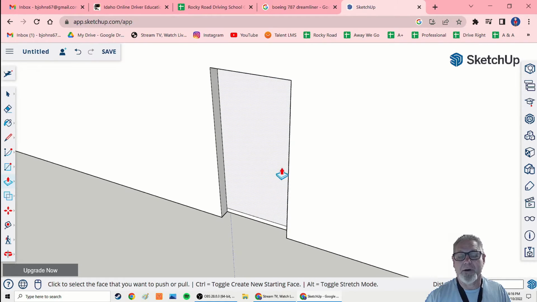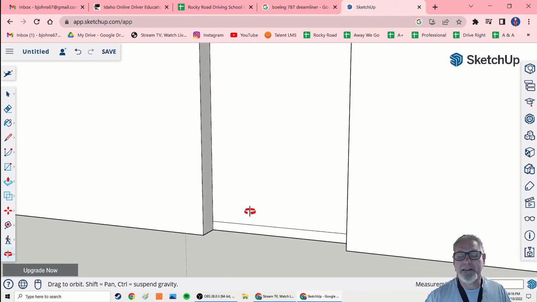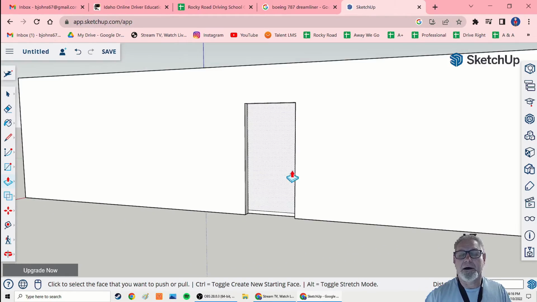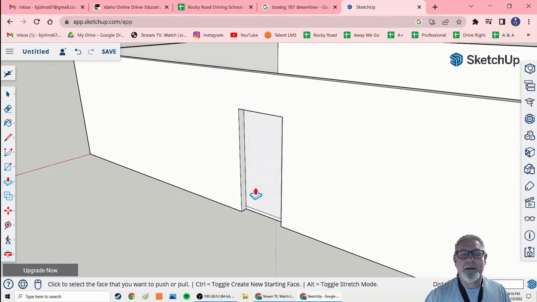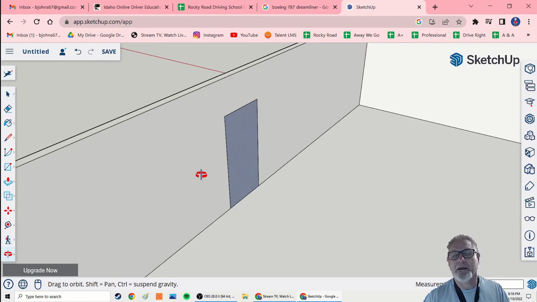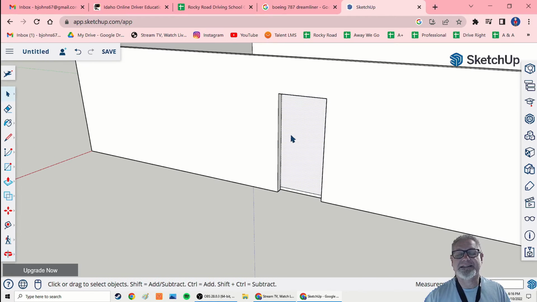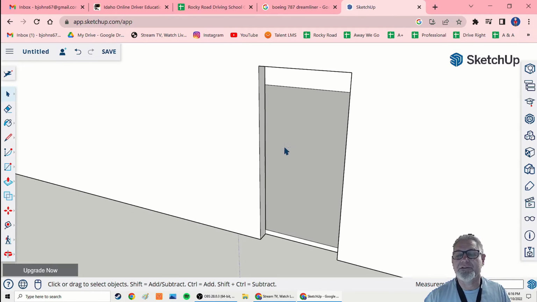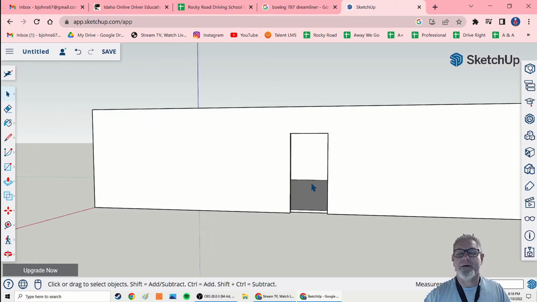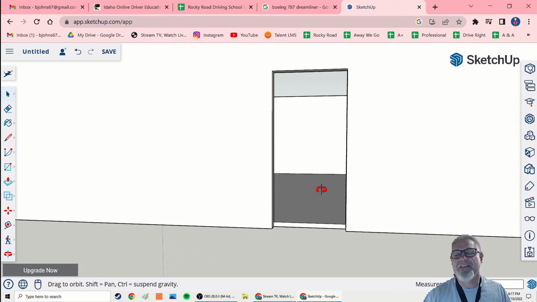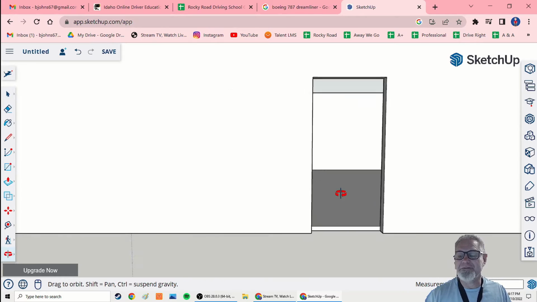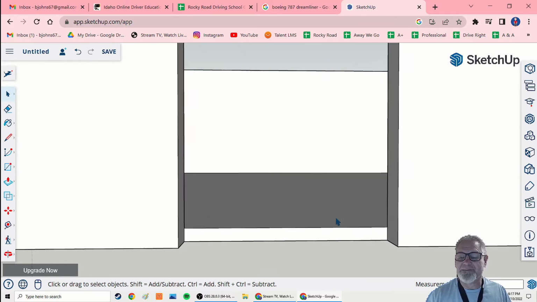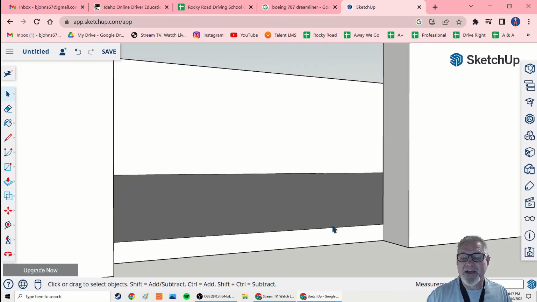Oh, interesting. So I'm left with the skin, and I have a feeling it's because of that floor that kind of gets in the way, but I have a feeling that if I just select the skin that was left over and then hit the delete key, wow, that's just weird. Is that see-through or not? Yeah, okay, yes it is. That almost made me panic because that should definitely always work. Sometimes you get a little skin left over, and I think it's because for some reason I had the height